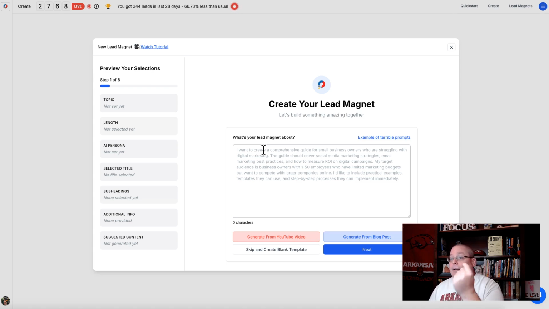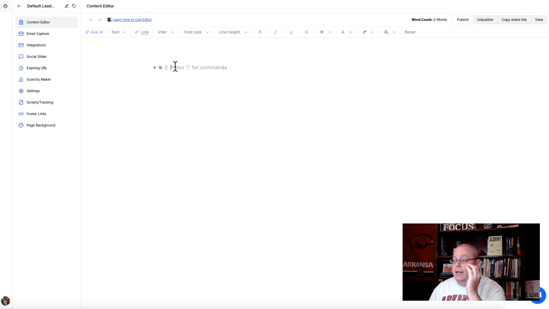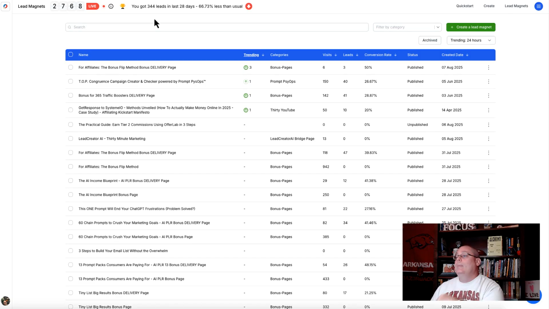But this is what you probably don't expect. The real simple aspect of this is that you can skip and create a blank template, which takes you straight into the content editor, because all I want to do is create a simple page right now in the beginning to show you how this works. So to do that, I want to make sure you understand what the simple feature of this tool is, other than the AI interface to get started to create a super simple lead magnet,